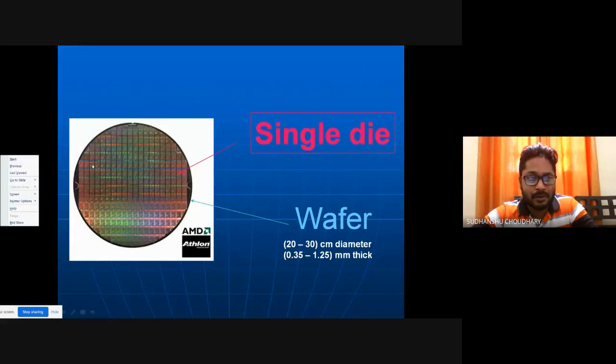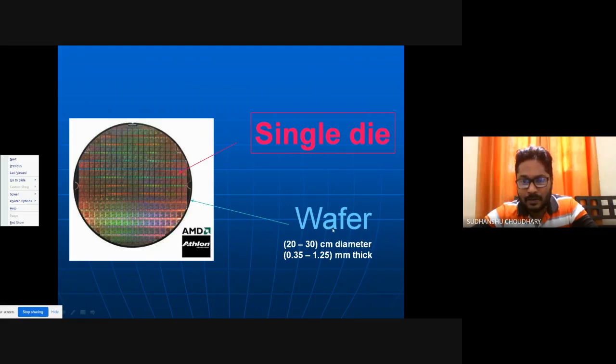As we had also discussed some time back, a circular disc of this kind is called a silicon wafer, right? On this silicon wafer, you will find some rectangular blocks of this kind, and these rectangular blocks are called single dies. Finally these single dies can be diced up or cut into individual dies, and then they can be packaged in some sort of housing or casing.